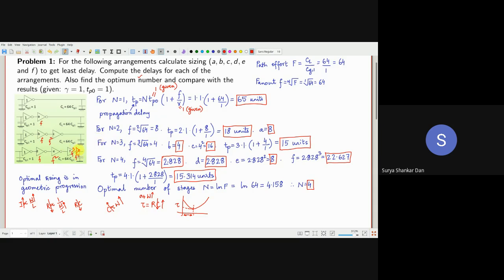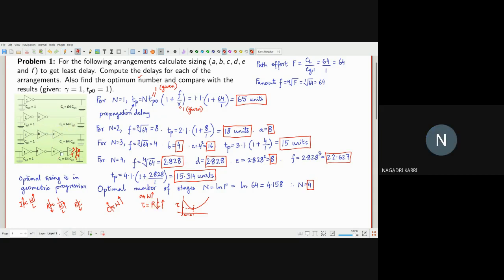Suppose you increase another one, its size will become f to the power 4. So if you're increasing it, then what will happen? Resistance will decrease, capacitance will increase. So as a consequence, there is an optimization, or that means there is a trade-off. Trade-off is the best word for this. So there is a trade-off on how many stages you can add, because if you're adding more stages, your sizing of the transistors will also go up, and as a consequence, you cannot go on indefinitely adding more stages because your sizing goes up. Okay, got it? Yes, sir.